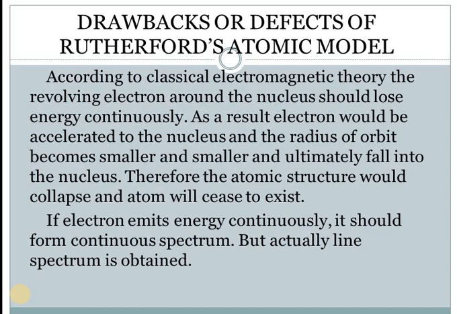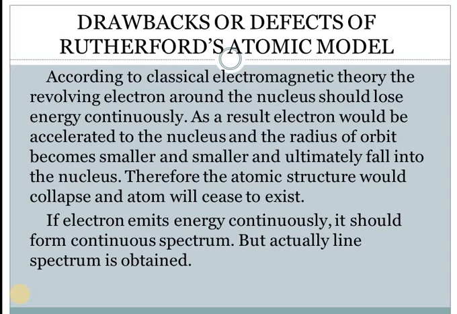When they are continuously giving out energy, they come closer and closer because they don't have that much energy left in them, so their radius becomes smaller and smaller. Ultimately, what is the result? They fall on the nucleus,